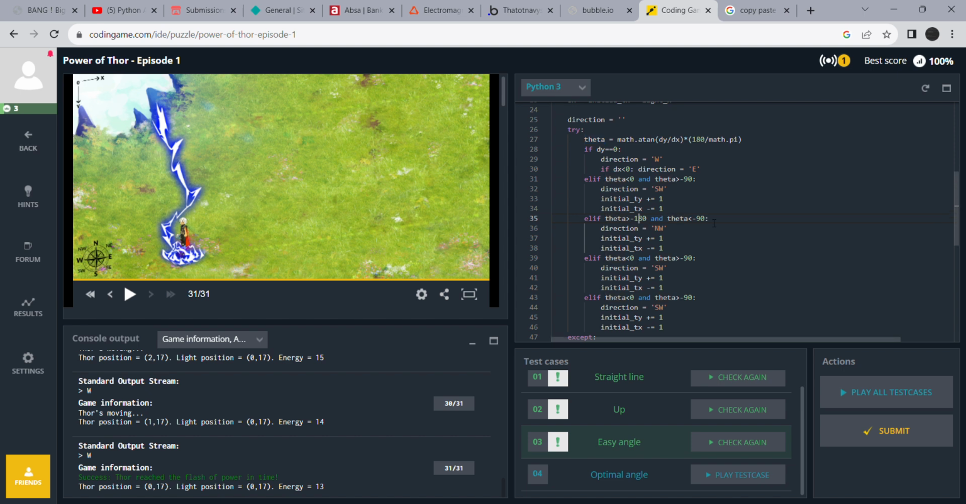Minus 180, so if it's smaller than minus 90, which is that way, but greater than minus 180, which is this quadrant, then it should go northwest. Then we tell Thor to go northwest, and then also update Thor's position. So now we would be telling Thor to go that way, which is minus in both X and Y. Okay, then let's do